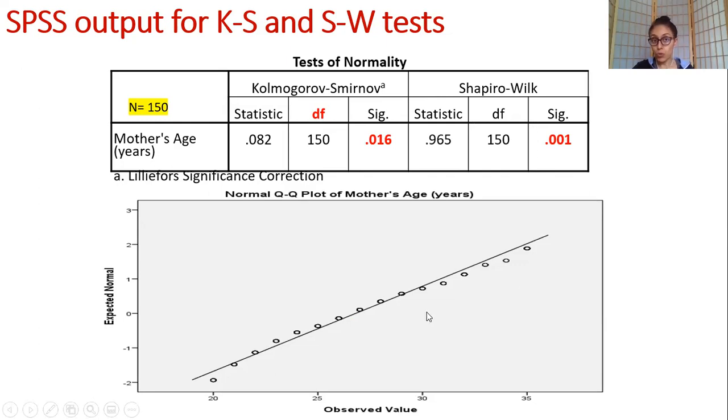mother's age. I would do QQ plots. I would do histograms. I would check the mean and median, the difference between the both. I would see the deviation for skewness and standard errors. I would do all of that. And if everything else is telling me that my data is normally distributed, I would not worry about the KS and SW tests, because they are anyway suited for very small samples. But yes, up to 100, I haven't found issues with this. It is a test, but don't just use it at its face value.